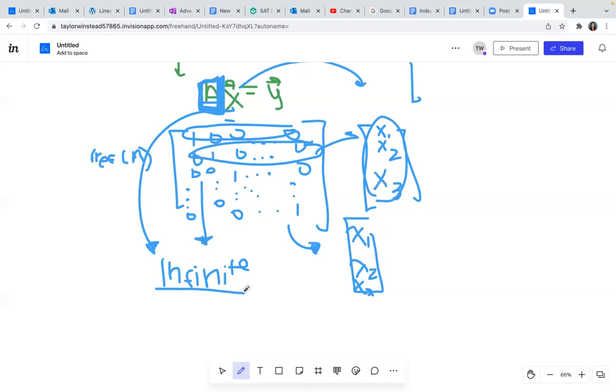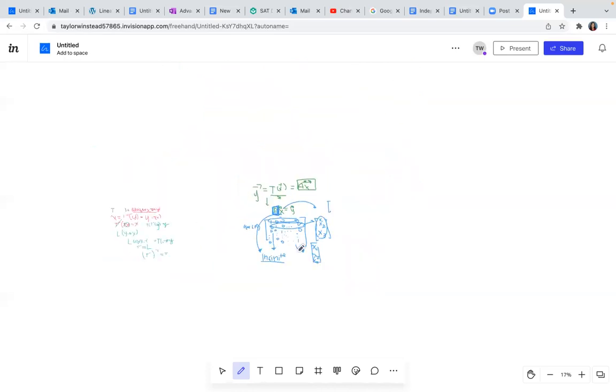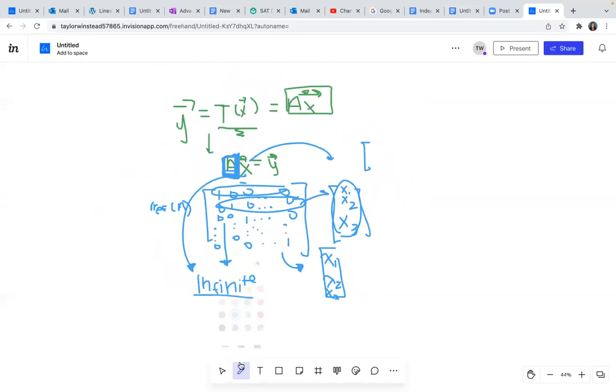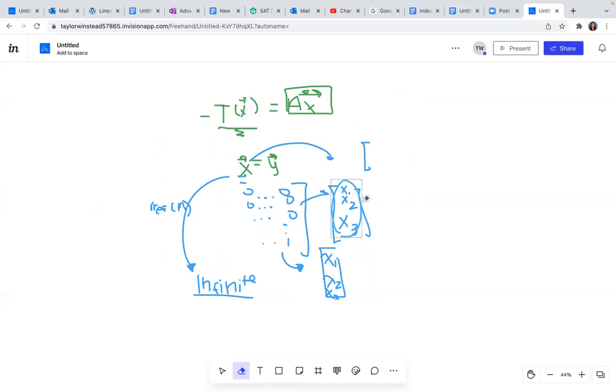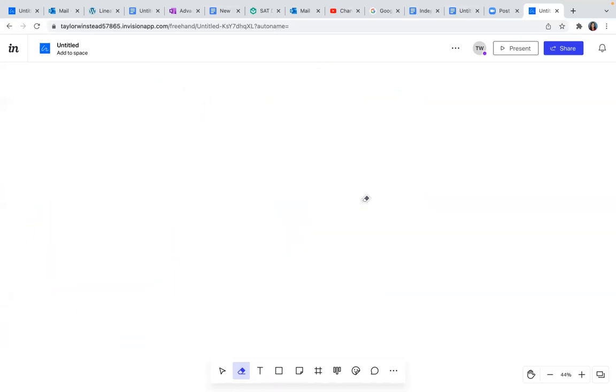How can you take infinite and invert that? It's just impossible. It's kind of interesting to think about, but you can't actually do that. So this idea of bringing up the rank is just saying that the matrix has to have a unique solution. So now that we know that,